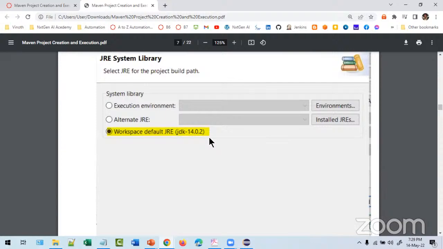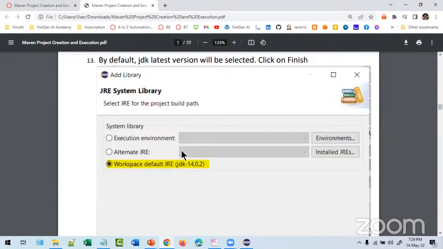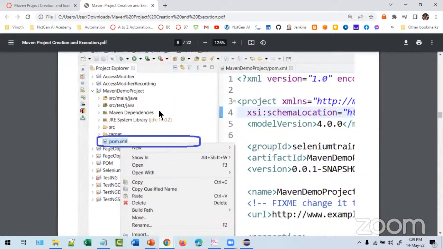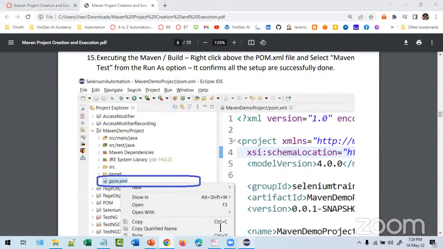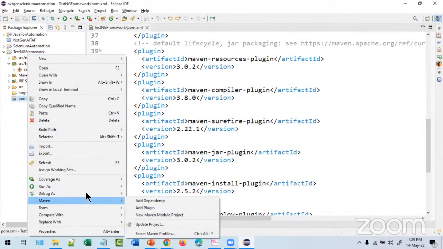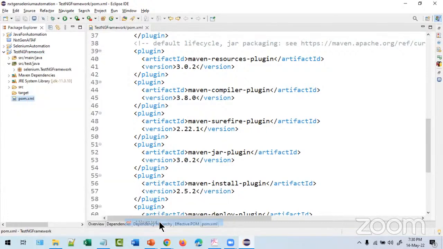This is done. See, when I created this document, I tried with the latest version, but 14 got some error when I went for CI/CD DevOps. That's why for every batch I'm saying you should use JDK 11. So like this, it should be. Maven project setup is completed. You no need to worry about this, but still, it is done, right? Let's see whether run as Maven test. What is the meaning of this and all? I will teach later. First, we have to cross check if everything is done properly or not. Launch.